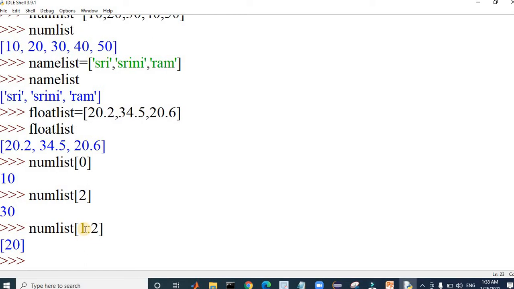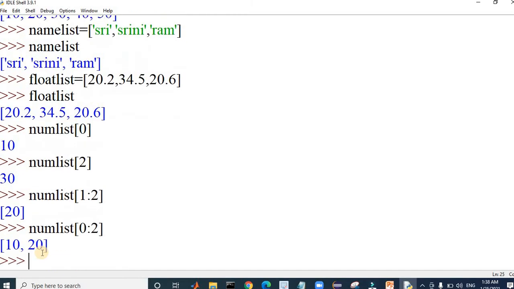The index 1 is the second element, and till the third element there is only one number, so it prints only a single value. Now we would like to print multiple values, say starting from 0 to 2. It prints the two values 10 and 20.